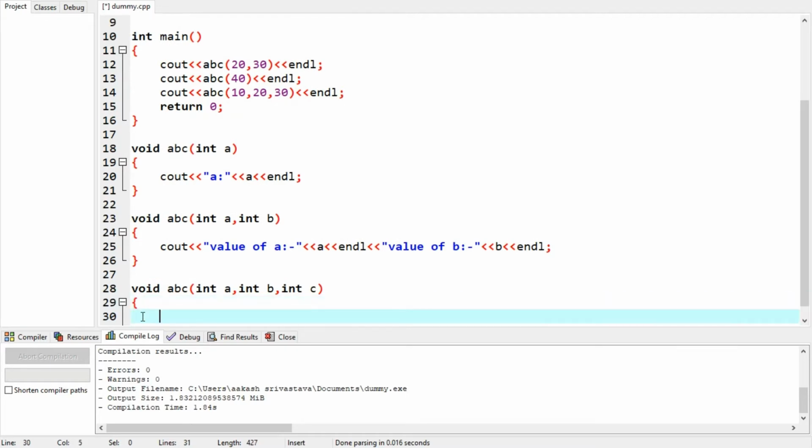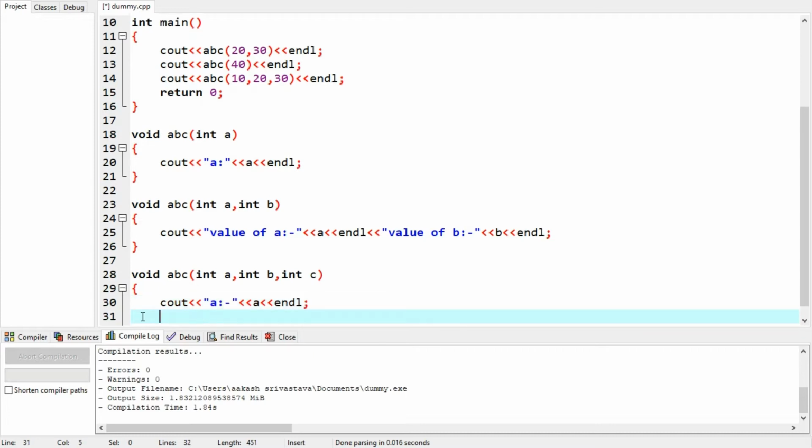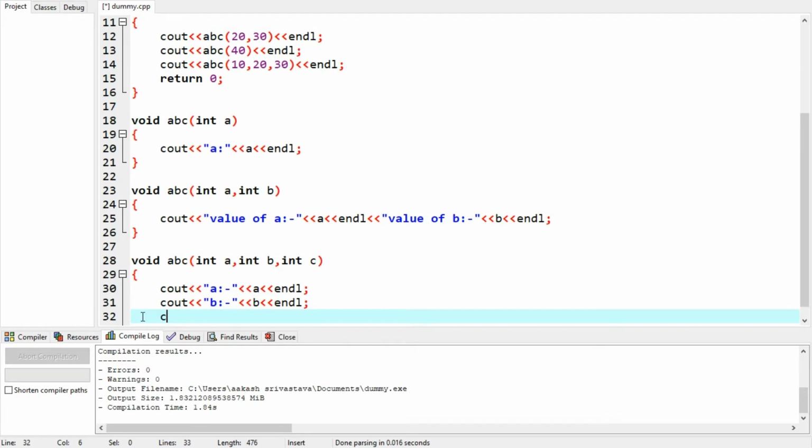Okay, in simple terms, just print out the statement cout a, just print it out, and endl, cout b, and endl, cout c,